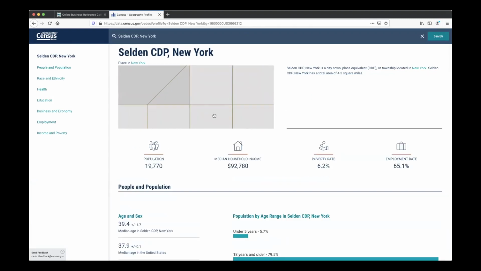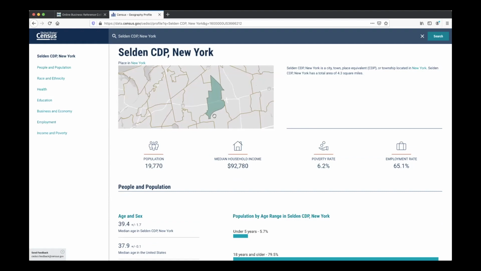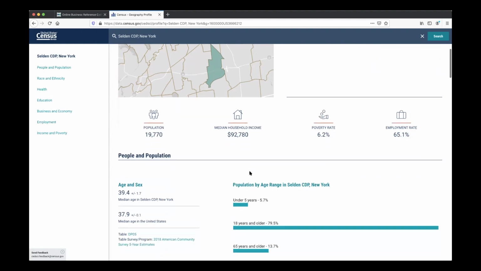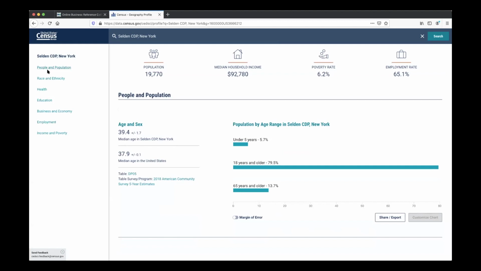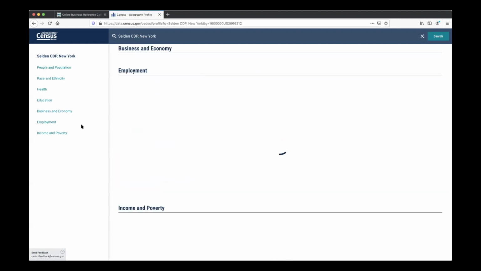Census designated place, CDP. And you have a very nice looking display here. It's going to show you the population, the median household income, the poverty rate, and the employment rate. And then you'll see here on the left-hand side, you'll be able to jump to different parts of this report. So if I want to click on business and economy,